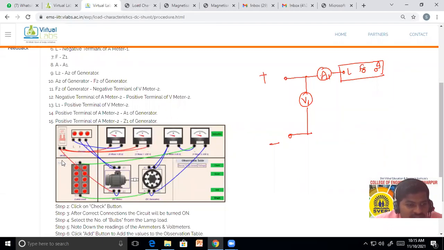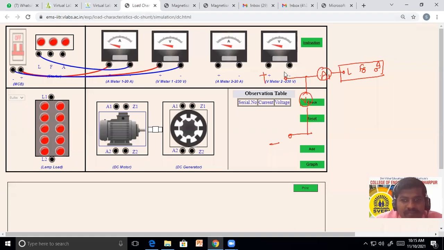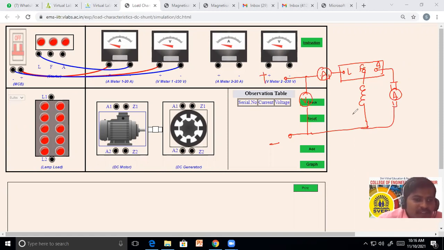Voltmeter, we have connected the voltmeter. Now the next connection, बघा, F terminal is connected to field. The diagram कशी येईल परत. So here, हे जे काय field winding चं terminal आहे, F terminal is connected to the field winding of the motor. A terminal is connected to the armature of the motor. मोटरच्या armature ला connect. Okay, see this field terminal can be connected to Z1. This armature terminal can be connected to A1.